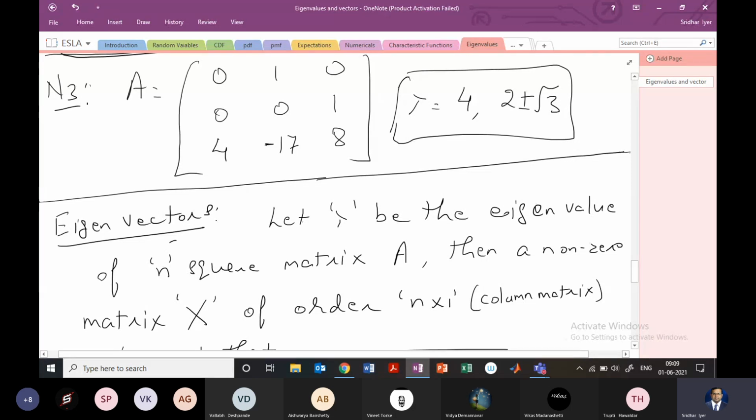Anyone who has solved this, are you getting this answer? Sir, we are getting 4, only 4. No, you'll get 4, see, because the matrix is 3 cross 3, the other 2 points are also there. What do you get? 0.26, 3.73. So that's what it is. These values will be 2 plus root 3, and then the other will be 2 minus root 3. Check what answer you get with that.